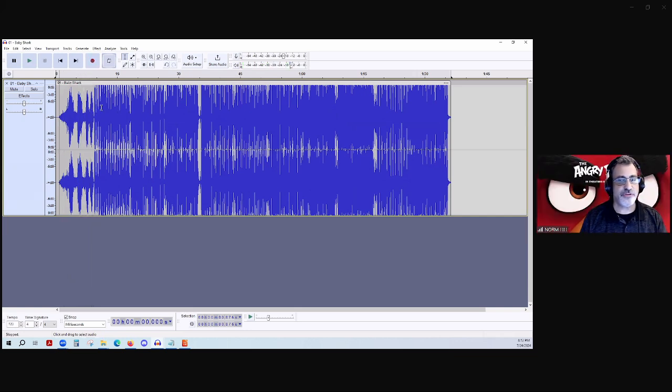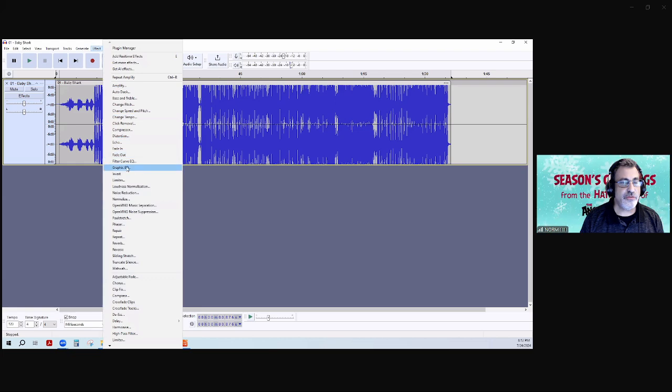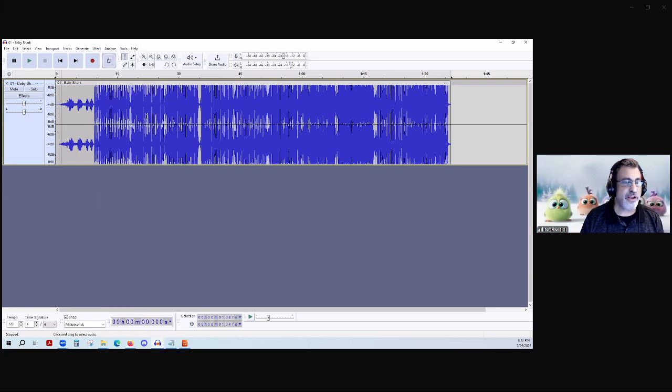And I have another file that I'll show you an example of that. So that's one way to do it. Another way to do it is we can use another tool called normalize. Again, anything you do, you always have to select. If you double click the audio file, it'll select everything in there, or you can just go ahead and select a portion. Again, I'm going to select this part of it.